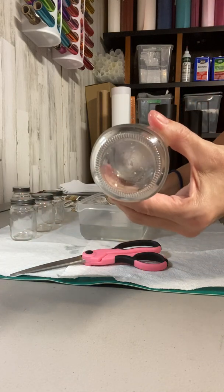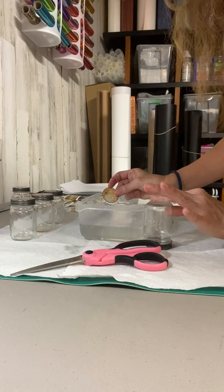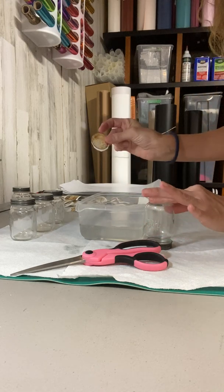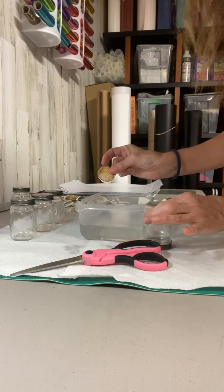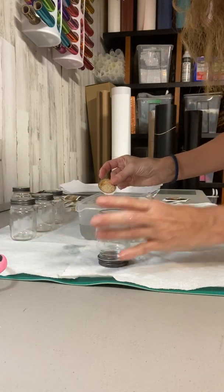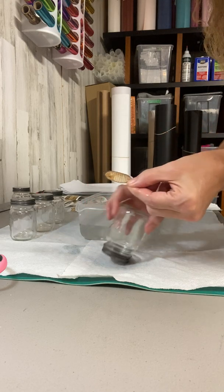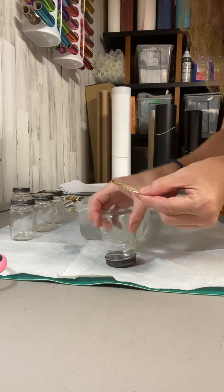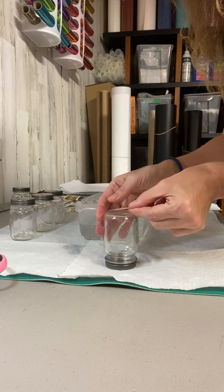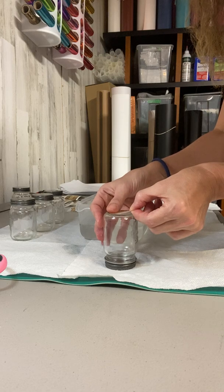You find your surface. You want to dip your finger in the water and you want to wet it. I should have done that ahead of time, but luckily this is small and I can just hold it with one hand. You just wet your surface so you can slide it around. I don't know if you can see, but you take it like this and place it where you want it. And you want to place it real close to where you want it, because it's hard. You can move it around a little bit, but you can't necessarily